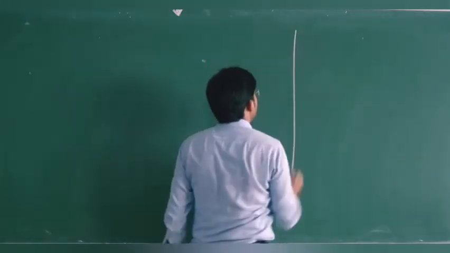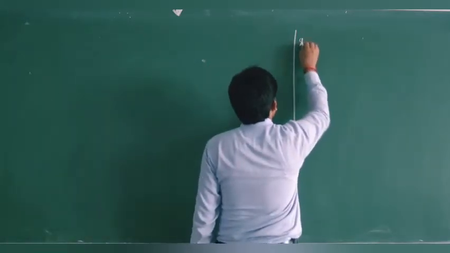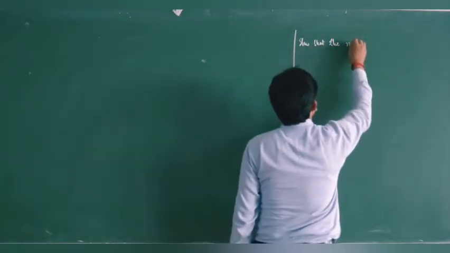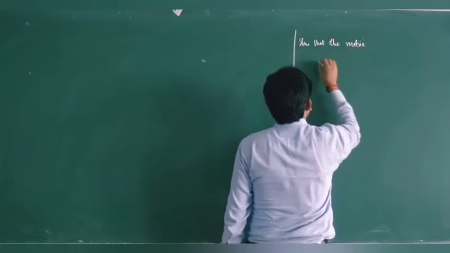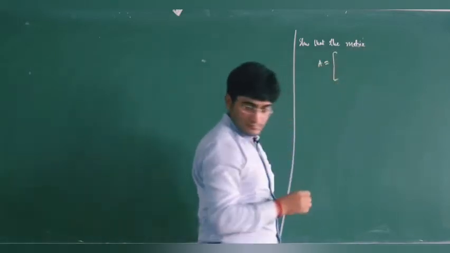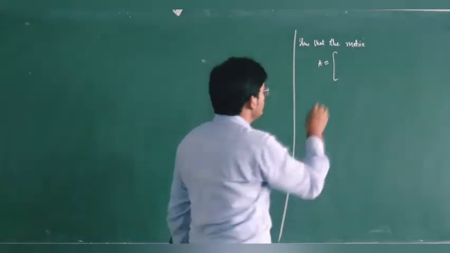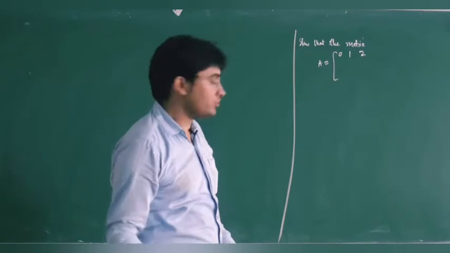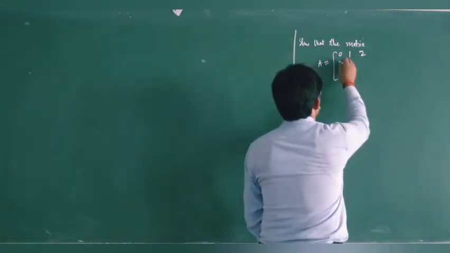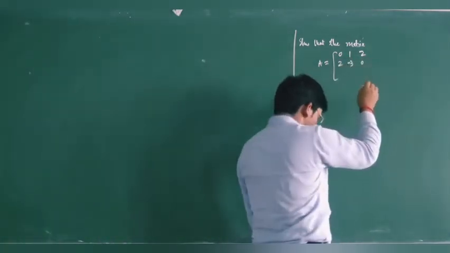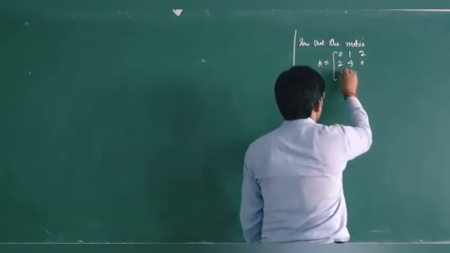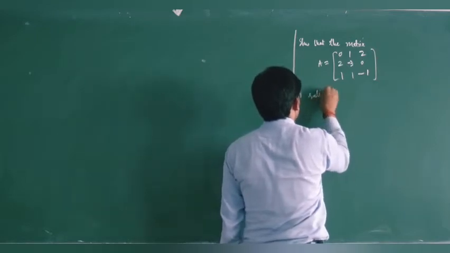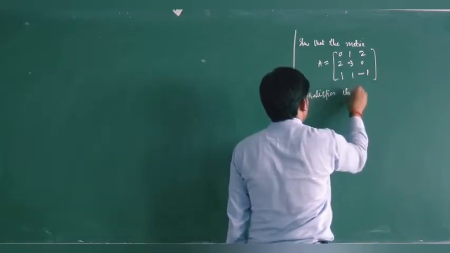So, the question number 1. The matrix A equal to 0, 1, 2, then 2, minus 3, 0, and then we have 1, 1, minus 1, so that this matrix satisfies its characteristic equation